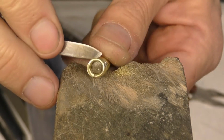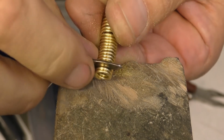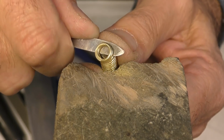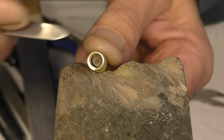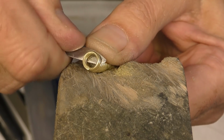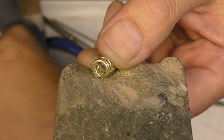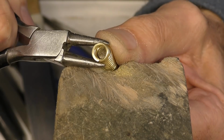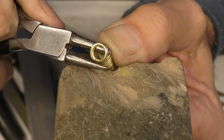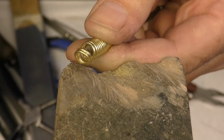Now again, we go directly opposite and put the knife in between the second and third one, and then push it up and bend it open, being careful not to open the next one. So just stick my round nose pliers in, because this metal is a bit tougher because I didn't anneal it at all. Okay, once you've done that,